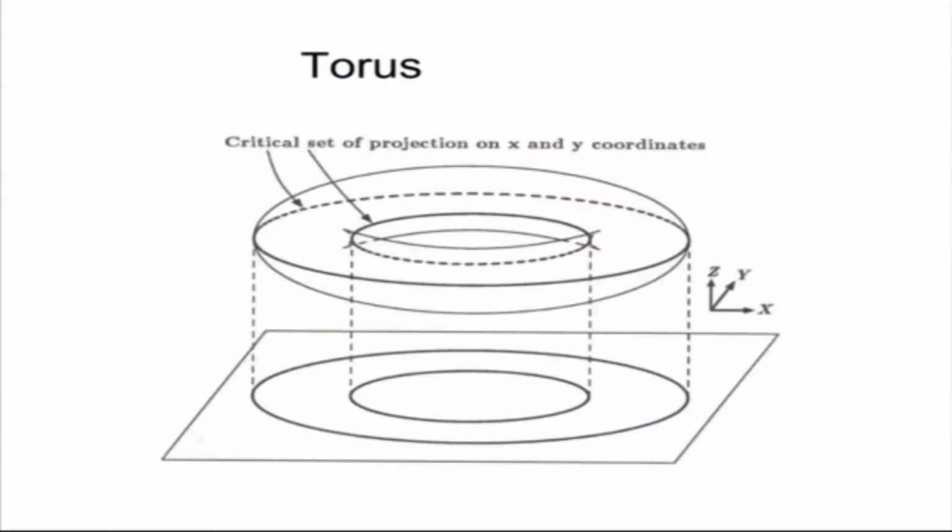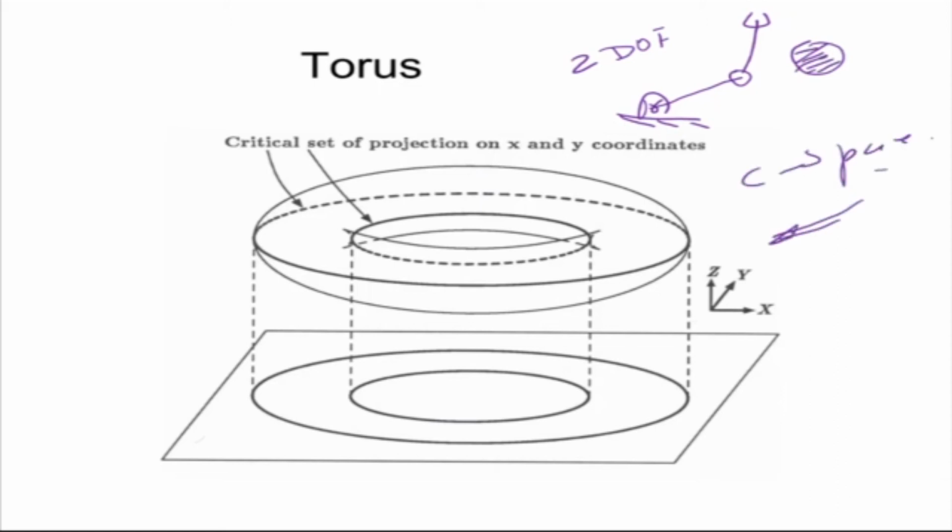Now moving forward, we are looking at a torus. We saw that for a 2 degree of freedom serial arm, suppose we take this example, we did this a few classes back, where you have an arm, 2 degrees of freedom, and there is an obstacle. Now the C space for this would look something like as shown here in a torus. Now there's an obstacle there, so maybe part of the obstacle is going to come here on the surface